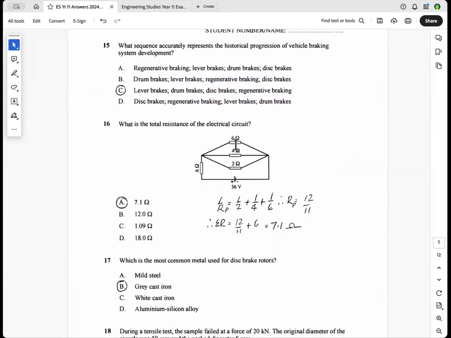So you can see that these resistors are in parallel, and that one would be in series once you get the value of those 3 resistors. So remember, it's the reciprocal: 1 over R equals 1 over 2, 1 over 4, 1 over 6. So you work out what the resistance is to those 3 resistors, and don't forget to invert it. So it's 12 over 11, and then we've got to add this one because it's in series. So sigma, or sum of the resistance, equals 12 over 11 plus this one, so it works out to be 7.1